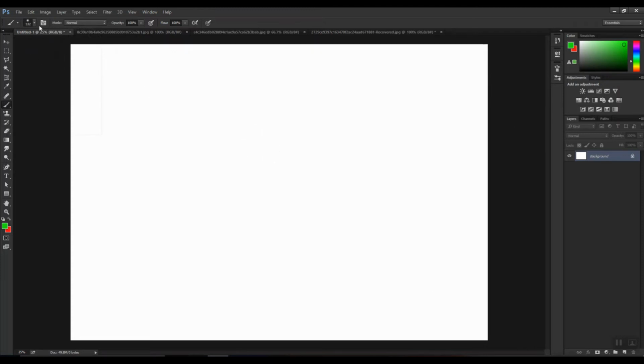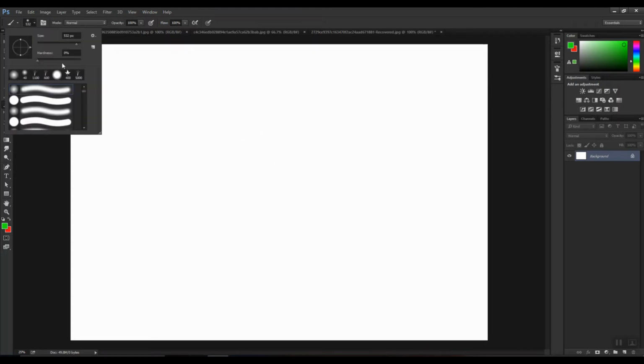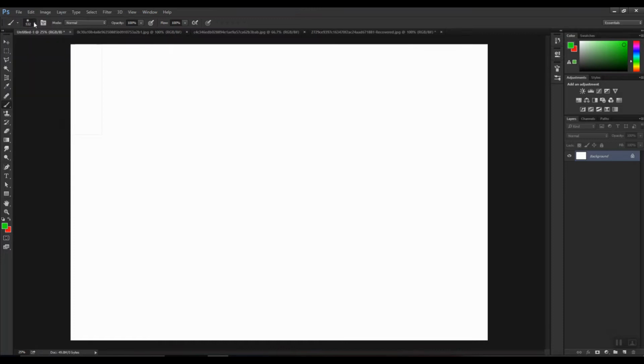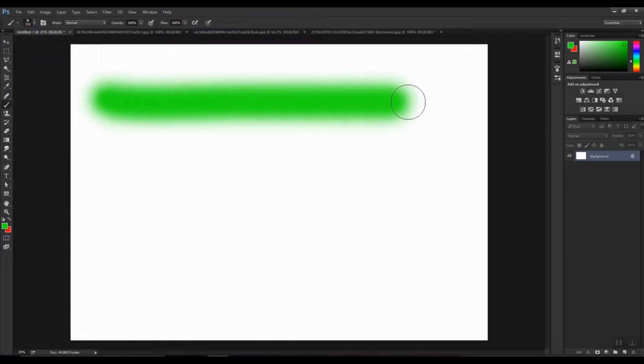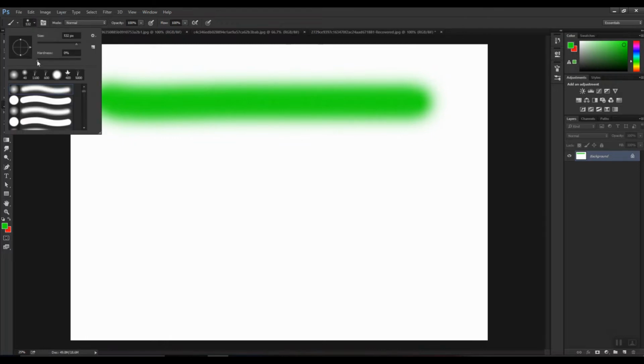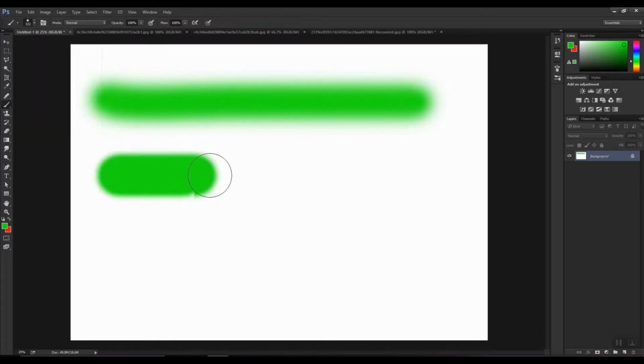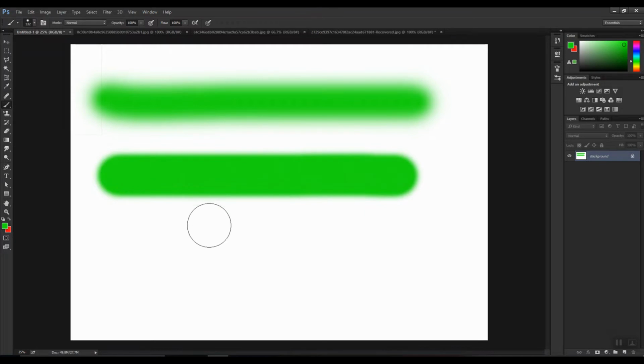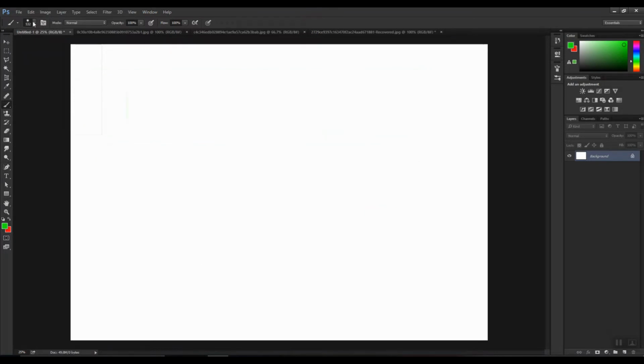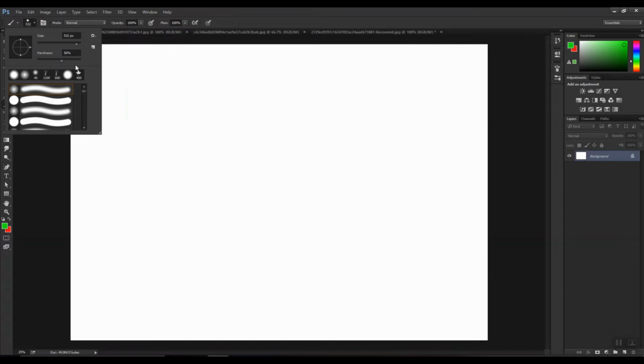Now moving towards what is hardness. As you can see, it is set by default to 0%. 0% means if I'm adding the color to the surface, you can see the edges of the color are blurred, it's smooth, the flow is smooth. And if you increase the hardness, it simply makes the edges more defined. It is not necessarily important that you keep it at 0%. This you can change according to your preference.